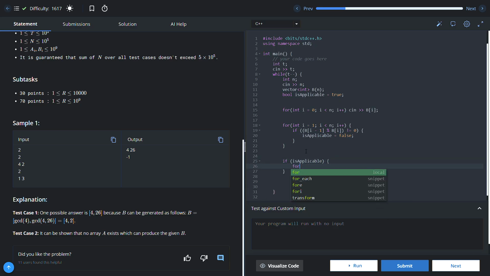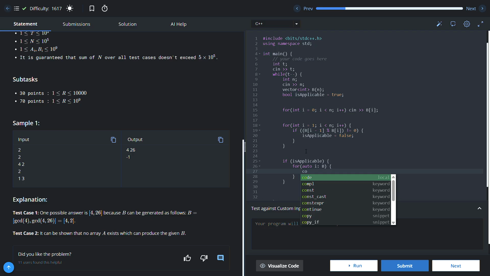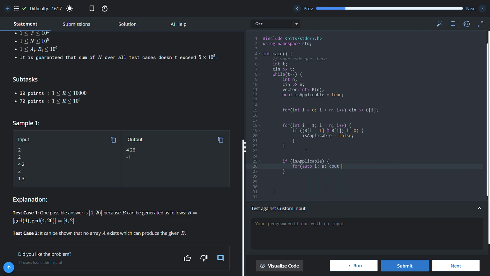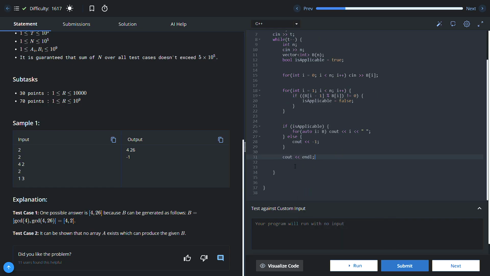And now if this is applicable, then we iterate auto i over b and cout i. Okay, else cout minus 1, cout, and then